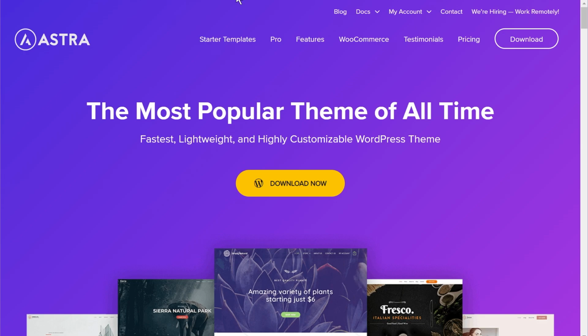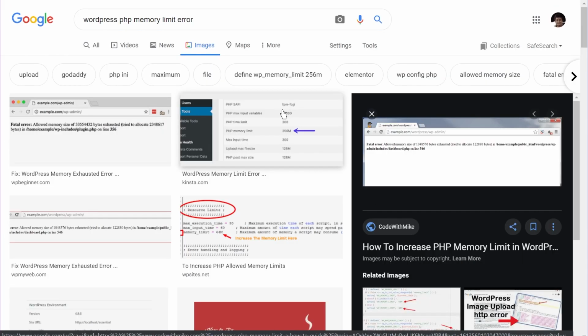First things first, why would you need to increase the PHP time limit on your website? Well, if PHP does not have enough time to execute the code on a website, then you might receive critical errors on your website, or you might also see PHP memory exhaustion limits and some other kind of errors. So let's start with the solutions.